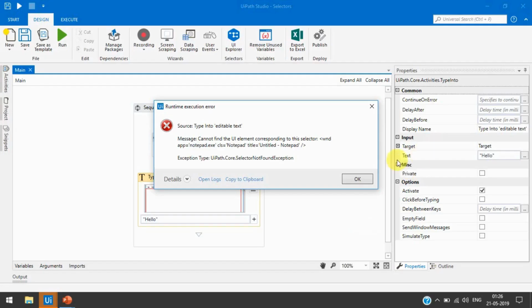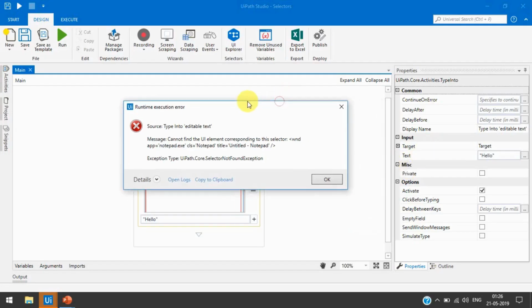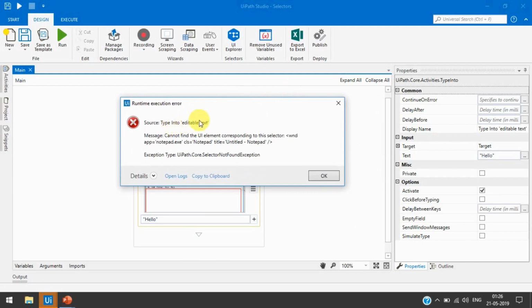Now you can see we have got the error: type into, cannot find the UI element corresponding to this selector. It shows window app equal to notepad exe, class equal to notepad, and title equal to untitled notepad. We haven't opened any notepad on the screen, that's why we are getting this error.